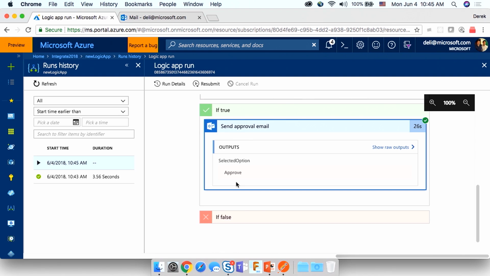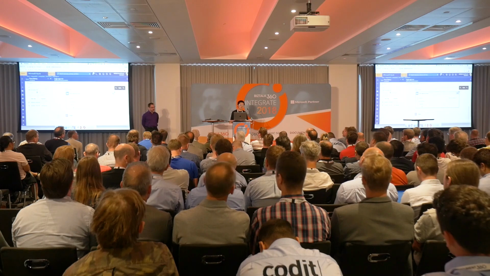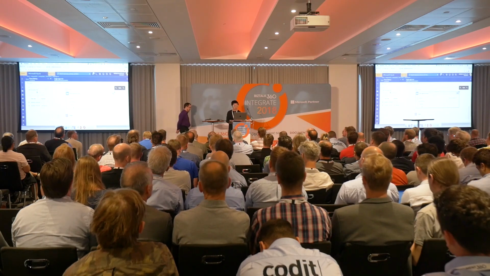So what I can do from there on is add another condition block and say if the order is approved, I may want to transfer that into another blob storage or service bus queue. If the order is rejected because it contains some high-risk factor, I can then escalate that and have a second tier of review. So that concludes the demo, and hopefully you will see how Logic App empowers you to do more complex scenarios, again, with just a few clicks of a button without you having to write a single line of code. Excellent. Thank you, Derek.